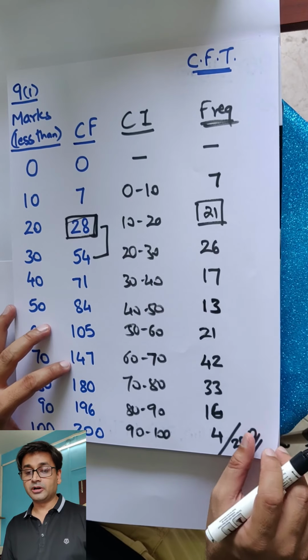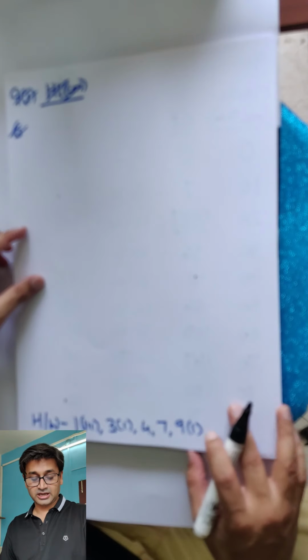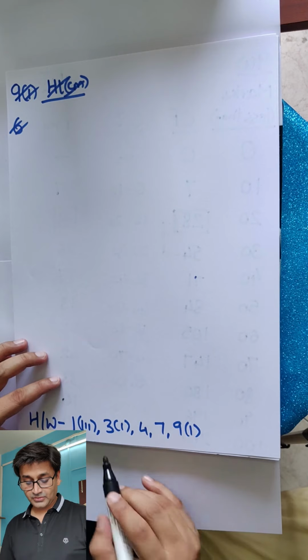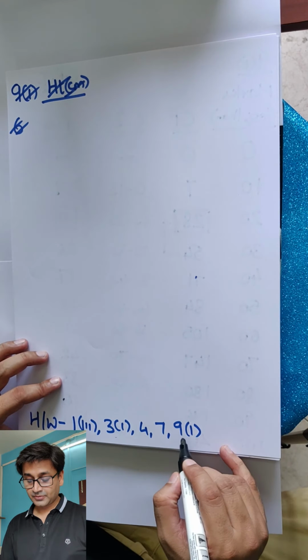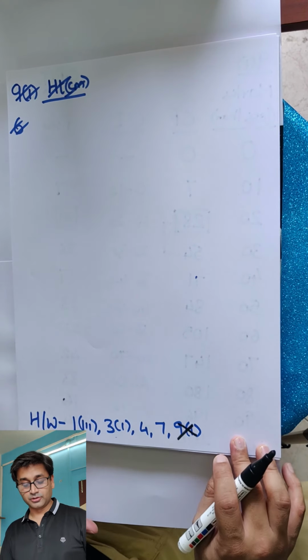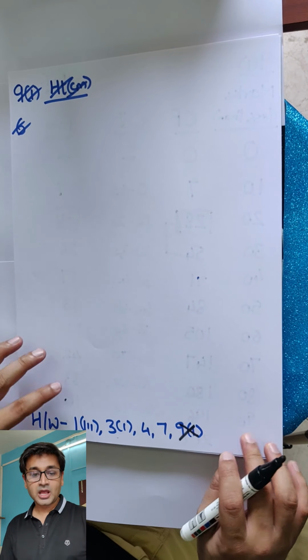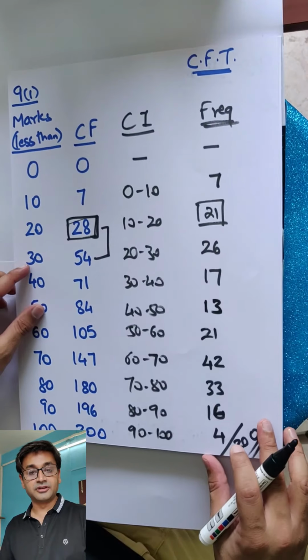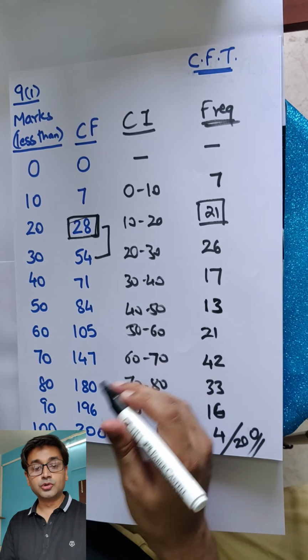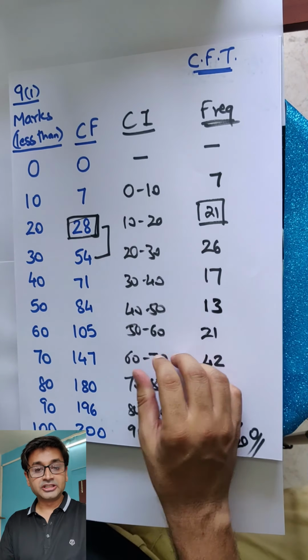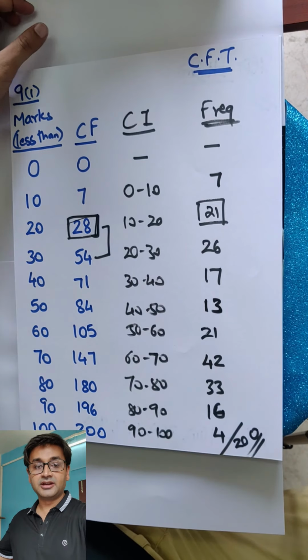Alright. For your homework, I want you to try these sums. 1 part 1, 3 part 1, 4, 7. 9 part 1 we just did, so you don't need to do it. So only 4 sums I want you to do for your homework. Is that very clear? I hope you followed everything that we did today. Okay, and you do practice on a daily basis. Please pray for everyone. Bye guys. Take care.